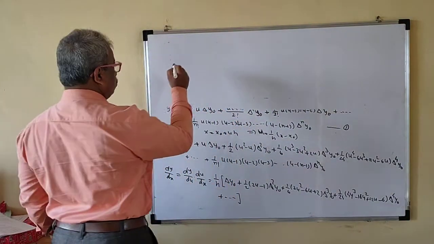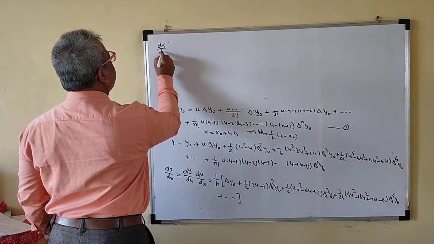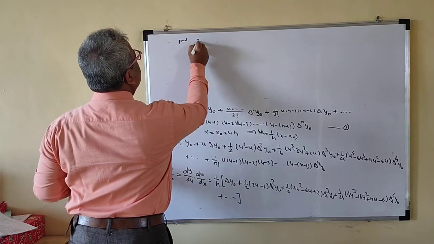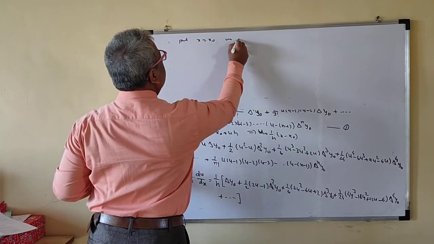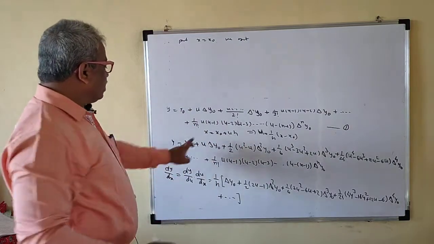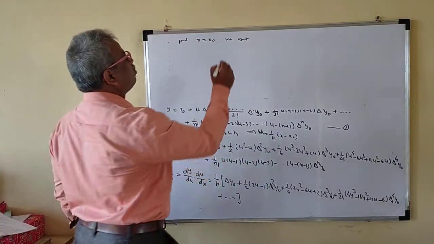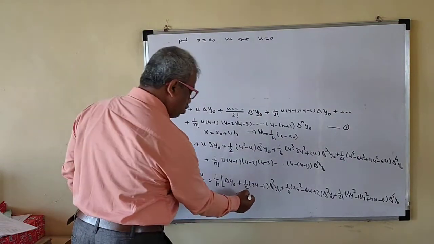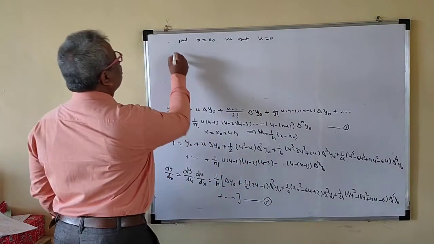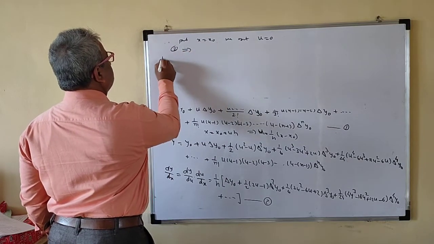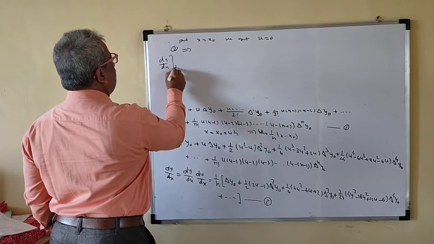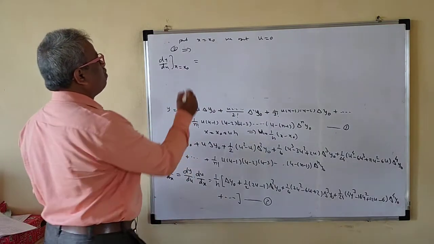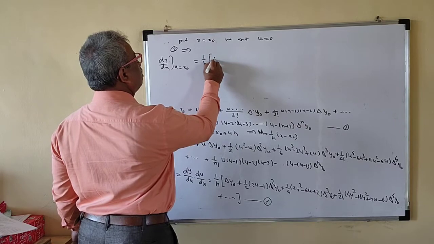So I want to find dy by dx at x naught. Put x equal to x naught, and we get u equal to 0. I will call this equation 2. Then dy by dx at x equal to x naught is equal to 1 by h, delta y naught